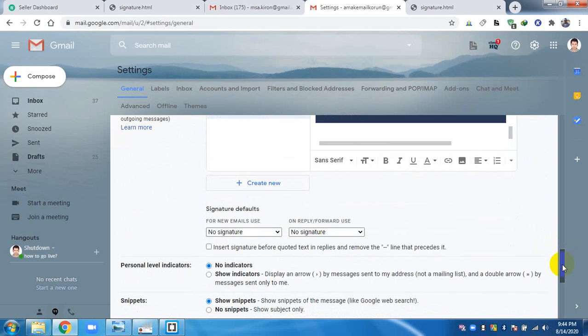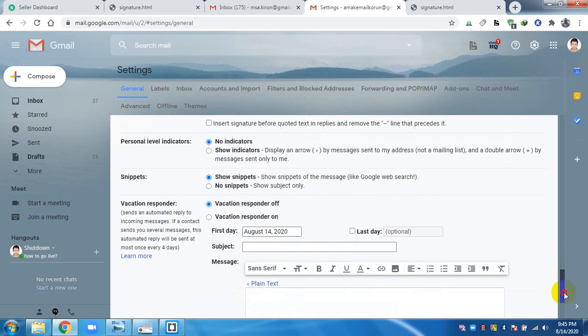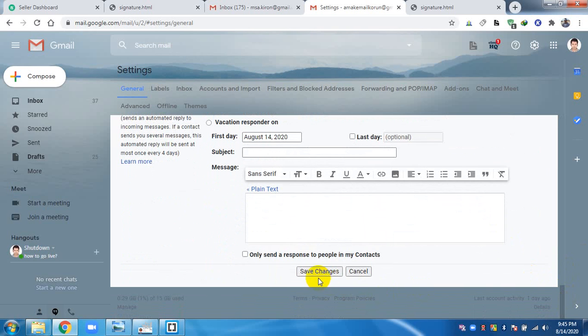And the next thing is I have to select where I am going to use the email signature I created. So I select it here, for new emails and for reply or forward. If I want to use the email signature for both, then I have to save all the changes. So I have saved it.